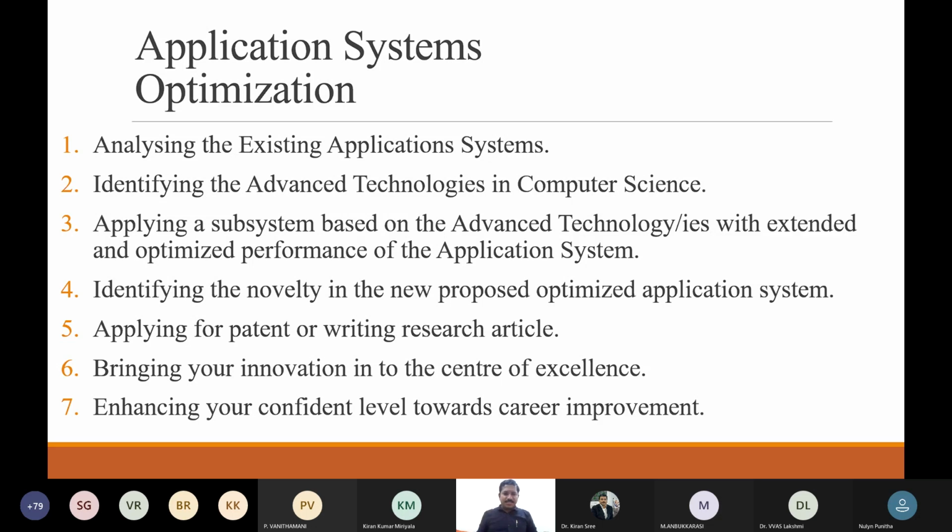Now, analyzing the existing application systems, that I explained now. Then identifying the advanced technologies in computer science. I have listed 15 along with software engineering. Still plenty are there. Computer science is the field where every day you are getting updates. Those who elect computer science cannot sleep throughout their lifespan. So you are supposed to identify the advanced or emerging technologies which can be put into that, and your new research is always open. Applying a subsystem based on the advanced technologies with extended and optimized performance of the application